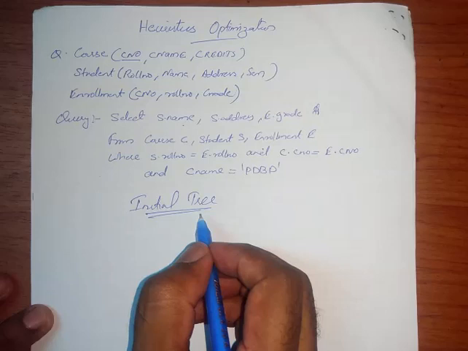So first we need to draw this initial tree. The initial tree is directly drawn from the given query. We are always drawing the tree for the selection statement, because we know that most of the processing in a database is selection. Compared to insertion, updation and deletion, most people do selection, or retrieving data from the database. So we always need to find an efficient way to retrieve the values from the database. The initial tree is directly drawn from the given SQL query.